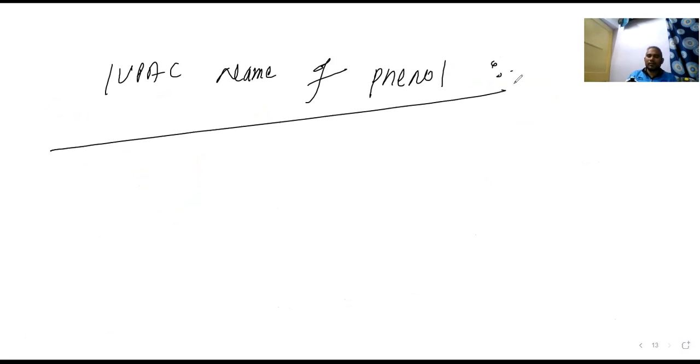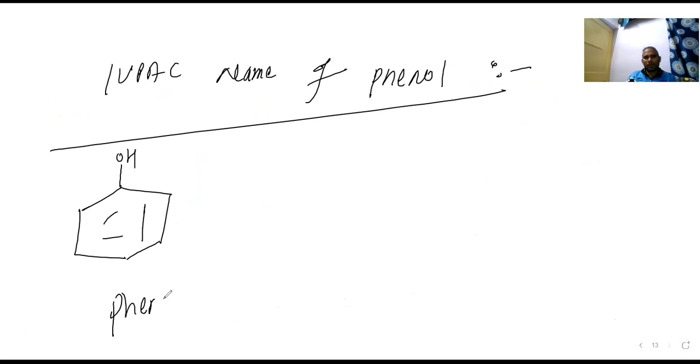The IUPAC name of phenol. This one is the phenol. If here is OH, this is known as phenol. This is the phenol. Is it okay? Yes, sir. So if you are trying to write down the name of phenol, what can we do? See,